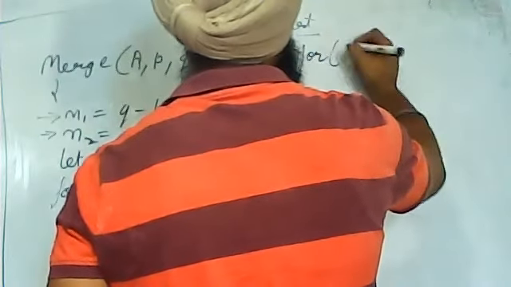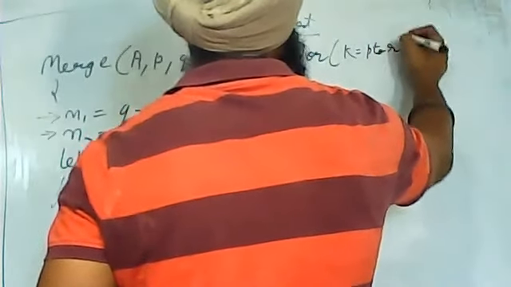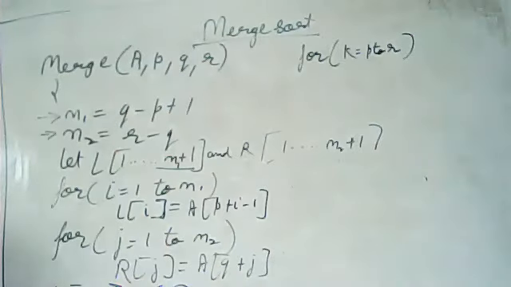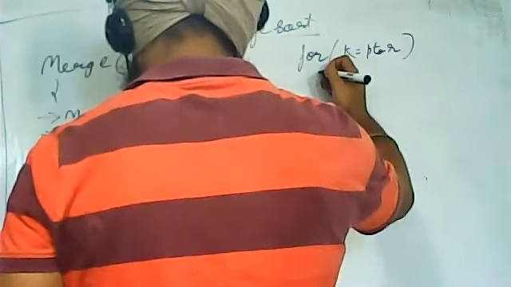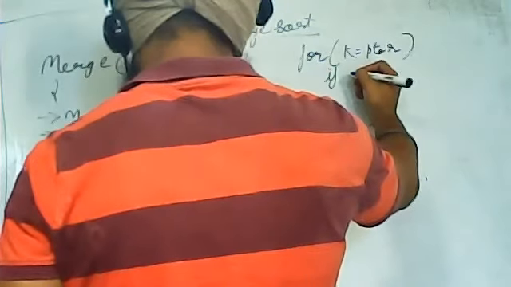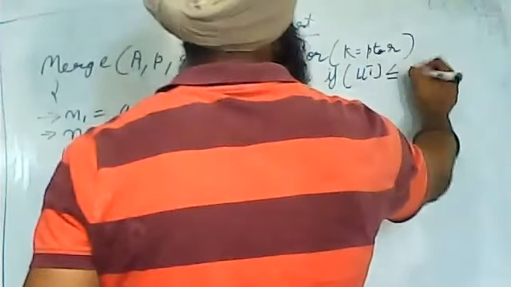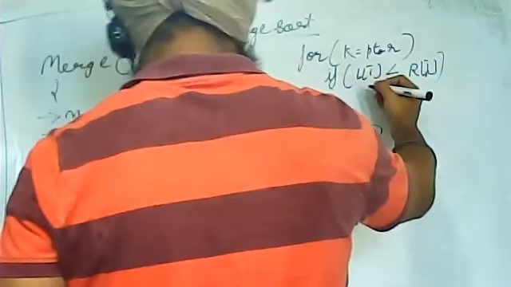After this, we'll write a for loop starting from k. K is the pointer used to traverse array A, and we'll run it from P to R. P to R is what? Full length from the starting point to the ending point. Then I'll check the condition here: if left of I is less than or equal to right of J, then what I'll do, I'll copy